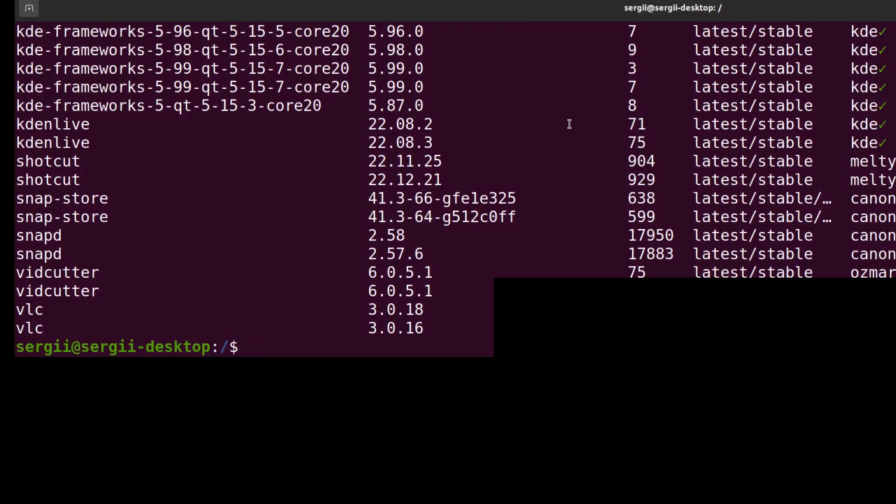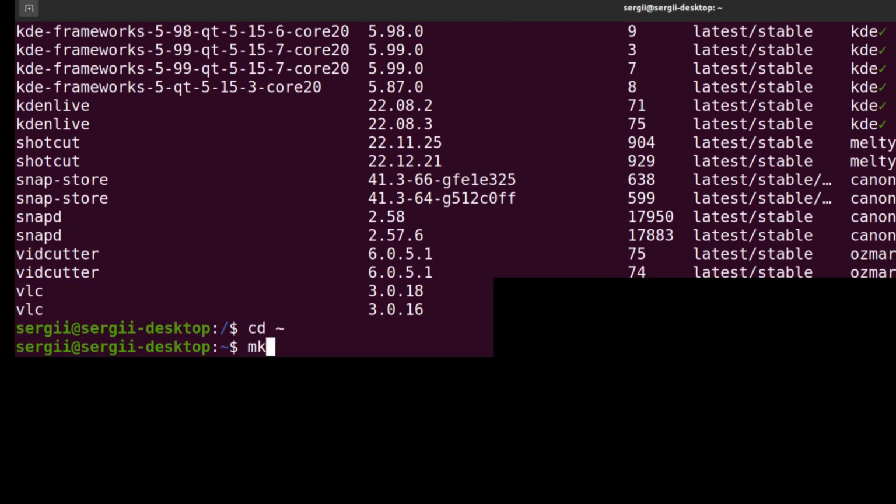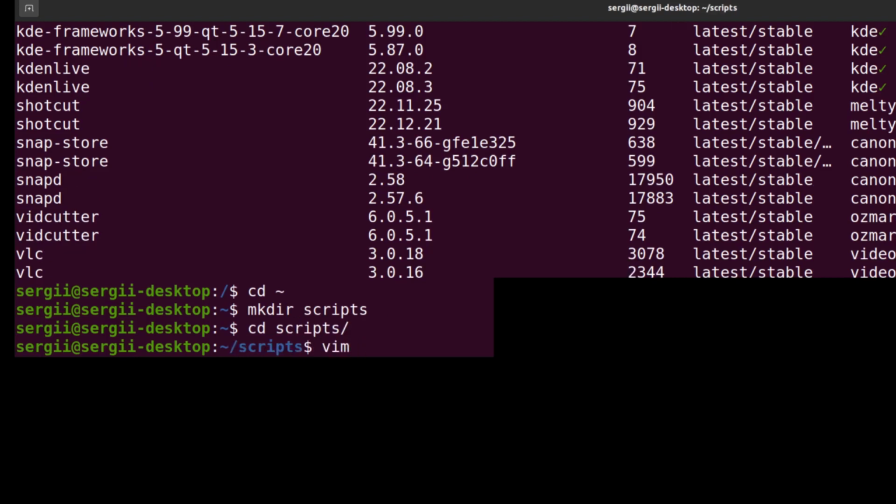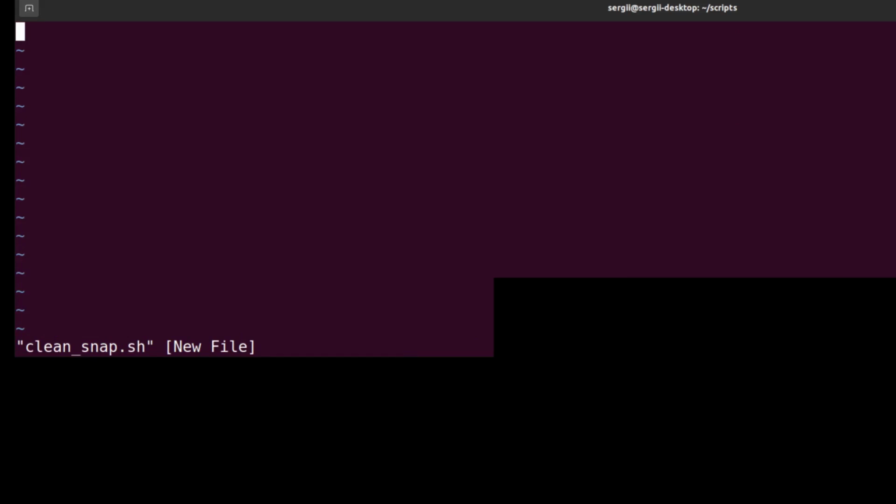So let me switch to my folder. I'll create a directory, scripts, let's say. Okay, so scripts. Then I'll create a new script and I'll call it clean snap .sh.